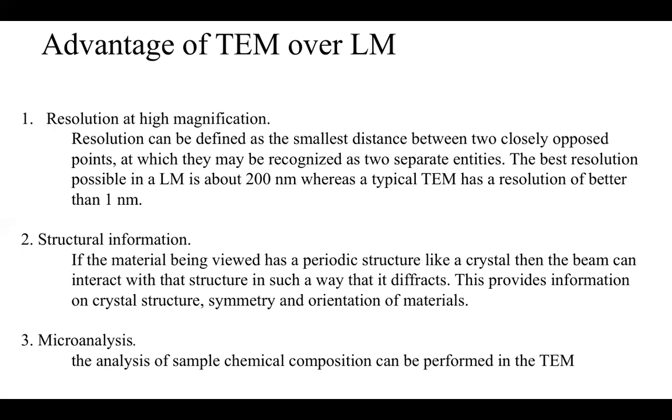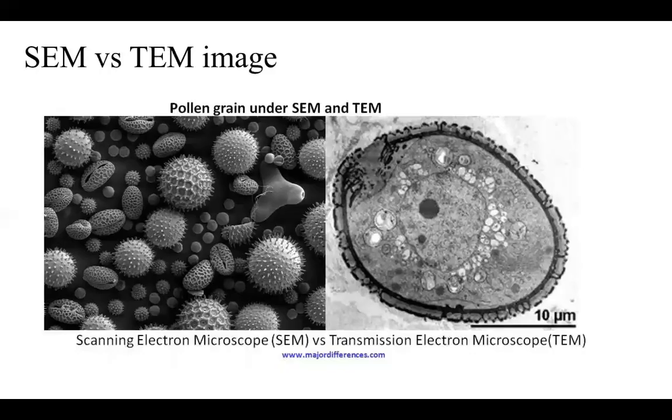And then we can use microanalysis. As I told you, when the incoming energetic electrons interact with the sample, they emit characteristic X-rays. These X-rays can be examined and we can get compositional information about the sample using TEM, just like the SEM. So the main difference between the SEM and TEM, as I told you, is that SEM uses signals or electrons, like secondary electrons, that are escaping from the top side of the sample. But the TEM uses electrons that are transmitted through the